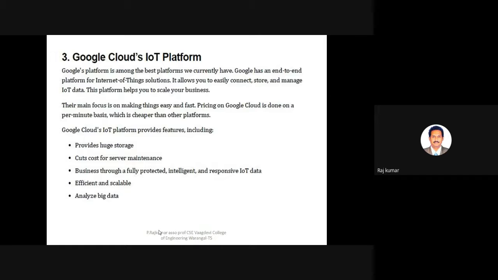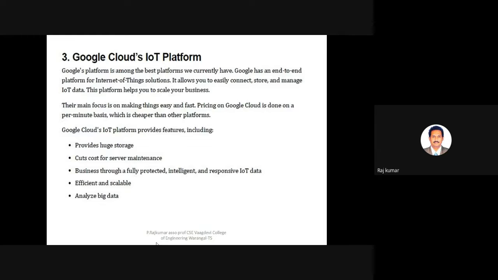Using that account, you can connect to the Google Cloud IoT platform. But at the time of registration, it will ask you to enter credit card or debit card details like expiry date, number, and so on. They won't charge anything, but when you go beyond the limit, they will automatically charge money from the credit card or debit card you provided.